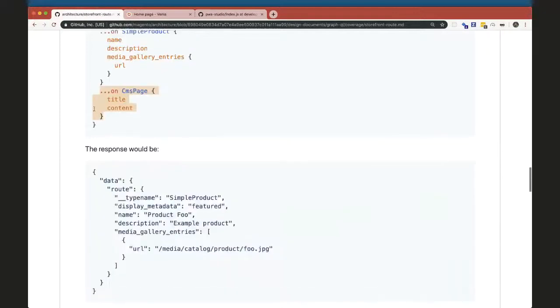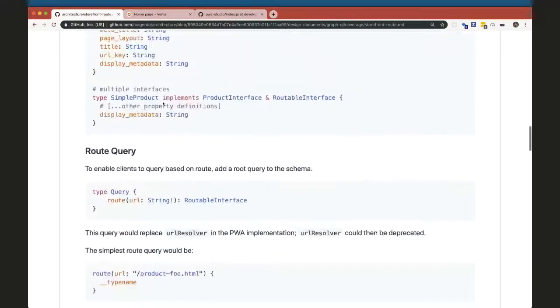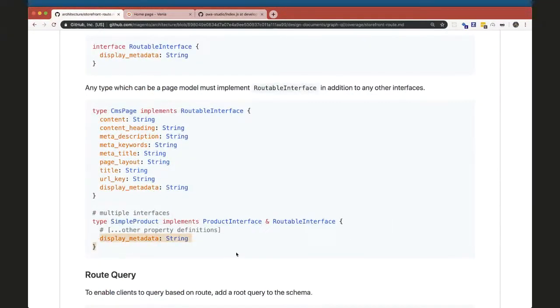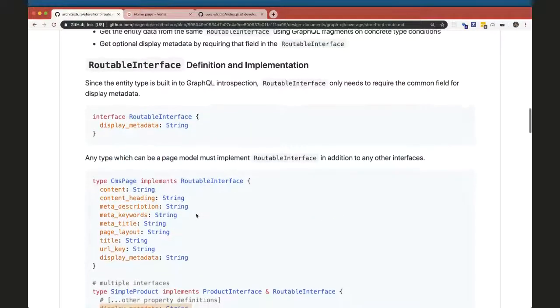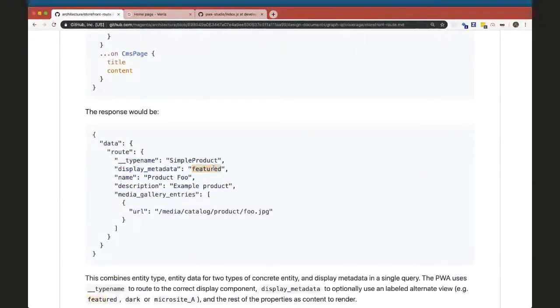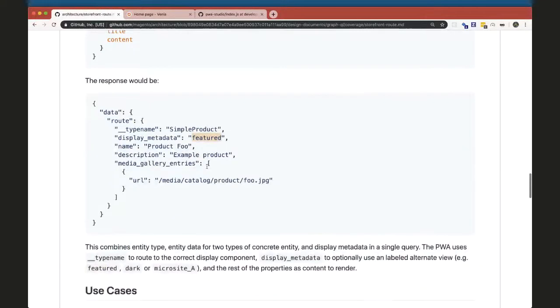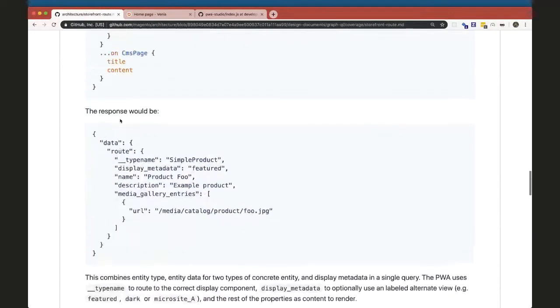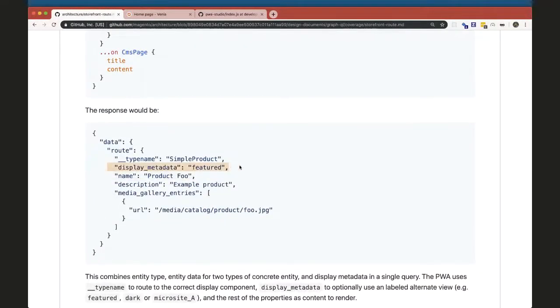And then lastly, having this single required implemented string called display metadata is a suggestion. And the name of that property, I think, can be under review. But the idea is that, for instance, you could use it as a simple tagging scheme or flagging scheme so that an extension developer or theme developer could replace the theme variant dropdown for a given entity with a dropdown that supports some enumeration of these things. So then when we request, for instance, the product foo, it returns a display metadata value of featured,